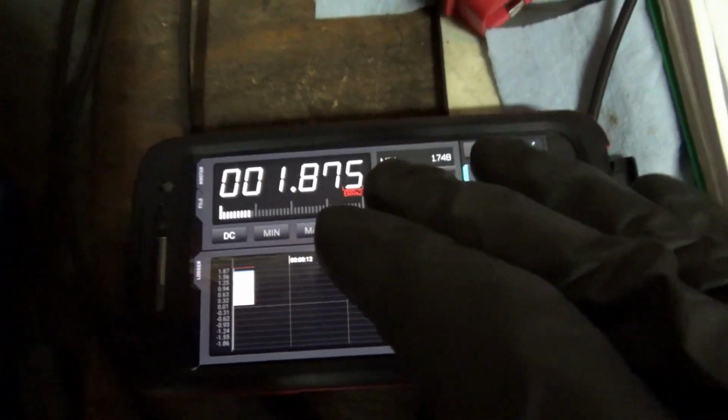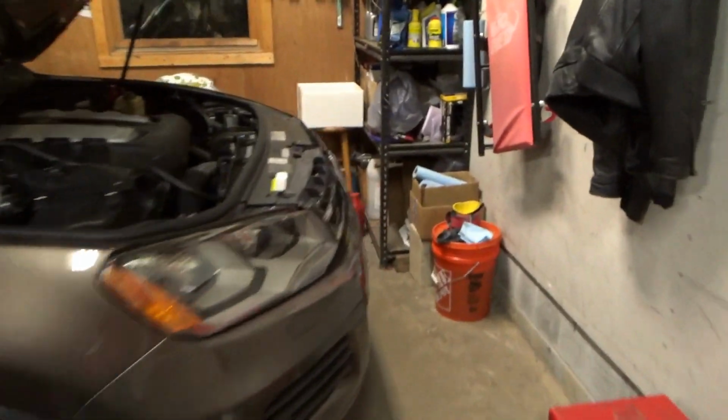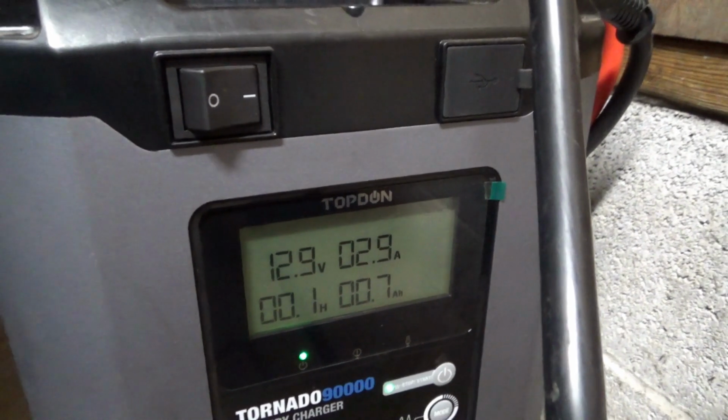We'll see if it's a constant 1.8 amp draw. I suspect it will be. So we'll let that simmer overnight. I have the battery maintainer at 12.9 volts. You can see it's putting out 2.9 amps right now. And then,